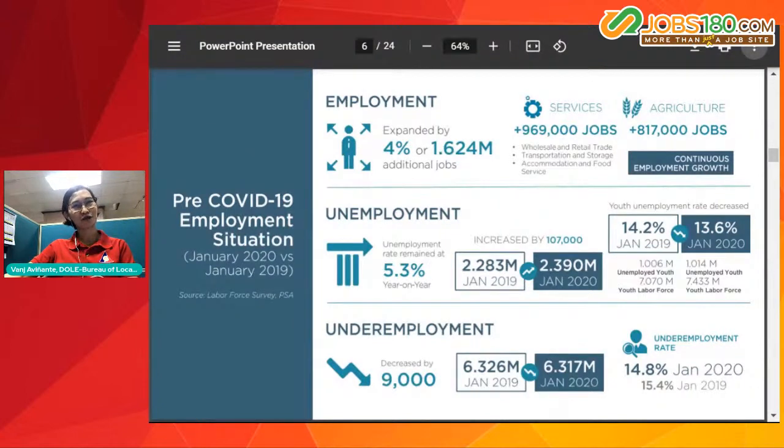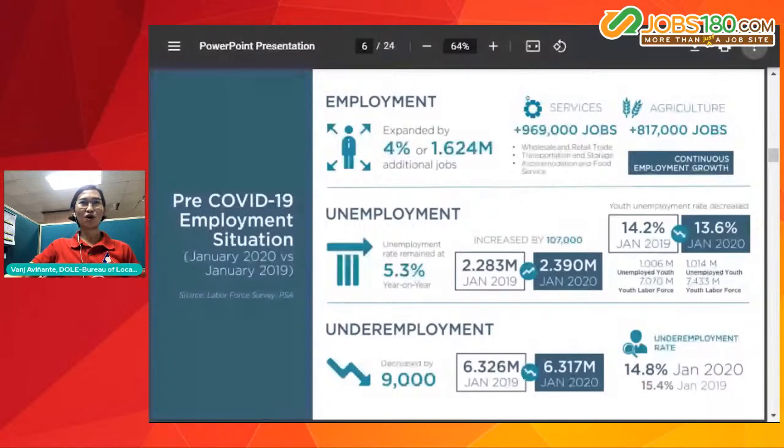Right? So we have heard our landscape on employment, underemployment, youth employment, and underemployment. So in general, the country's labor market showed positive gains. That's pre-COVID employment situation. Now, let's move to our next slide